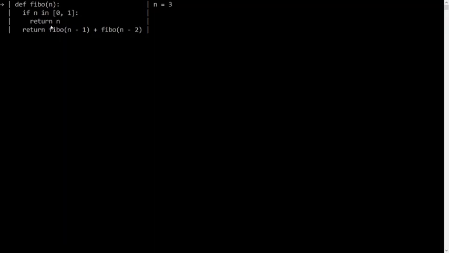So this is our code, and this arrow here indicates the current line that our program is executing, and this section indicates some comments that include the values of the variables. So initially we are passing, for example, n equal to 3 to this function. It will check if the value of n, that is 3, falls in the trivial case, that is 0 and 1. In this case, this condition becomes false, and so it skips this line